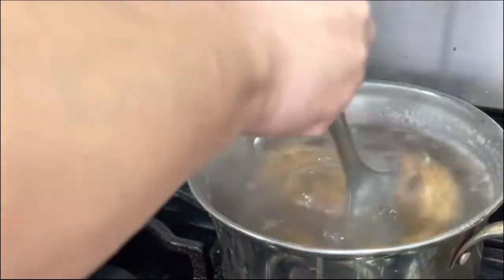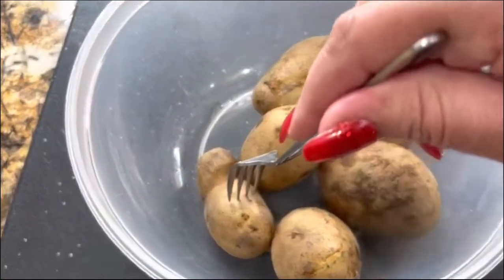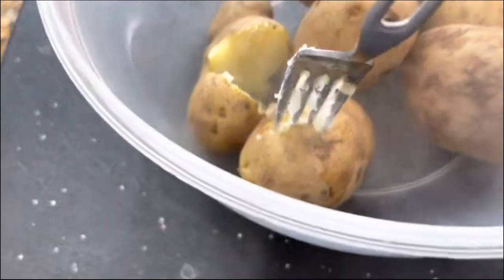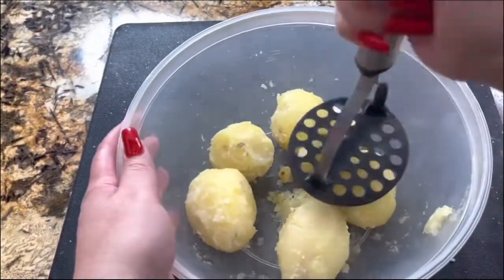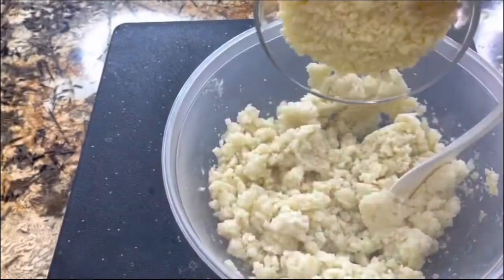I'm going to get all my potatoes out. They are nice and soft. Look at this. I'm going to put a fork in there, and it really comes apart. I'm going to leave them in here, and then I'm going to take the skin off. Okay, the skin has been removed, and I am ready to crush them and have them really nice and soft